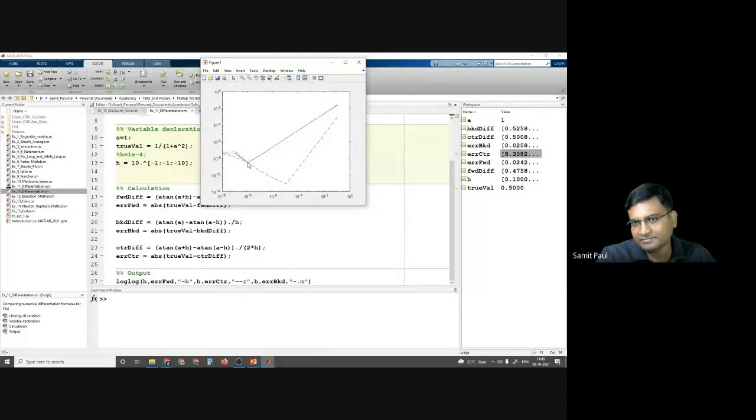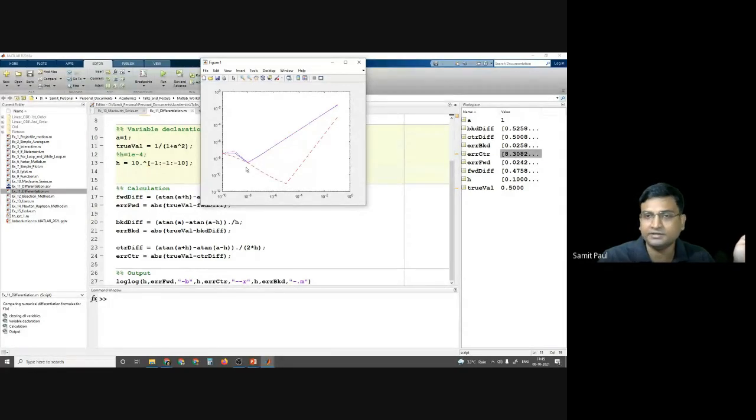After some time, there is an optimum value after which it is again increasing, for central difference, backward difference and forward difference, I mean, for all the cases. However, the optimum values are different.